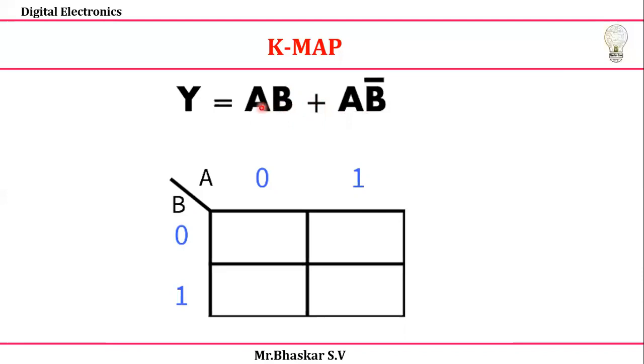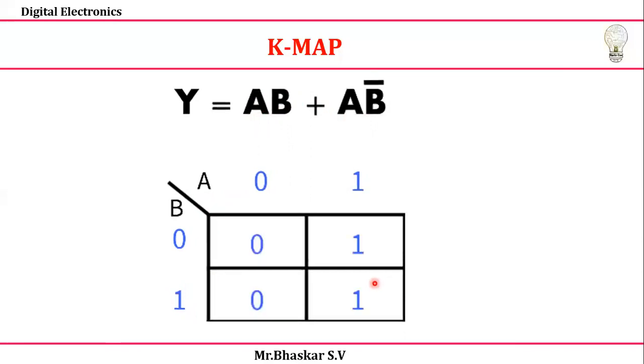A and B are in the normal, true condition. In SOP form, that is nothing but 1 1. So the A value is 1 and the B value is 1. Directly, I'm going to represent the value here as 1, and we fill the cell with 1. In the second case, the A value is 1 and the B value is bar. Bar, in SOP form, we take as 0. So now we fill this cell. This is the way we represent it.